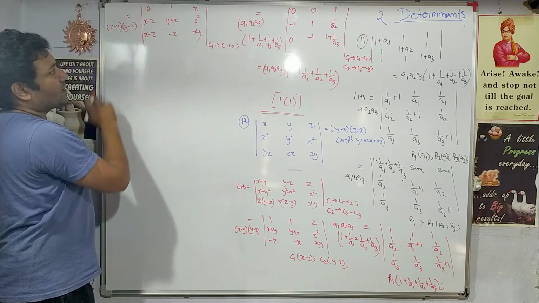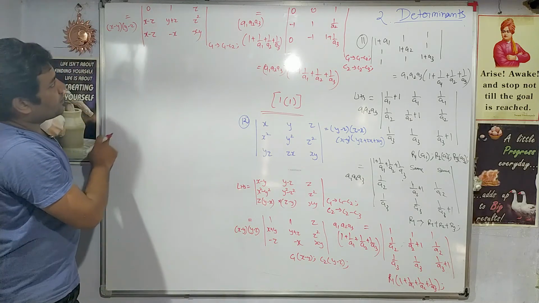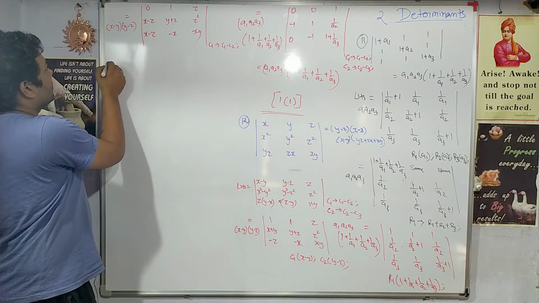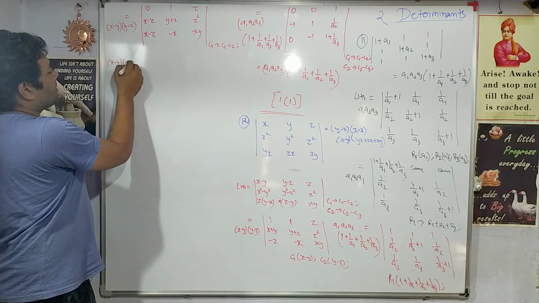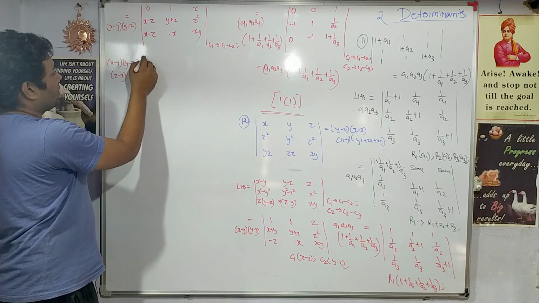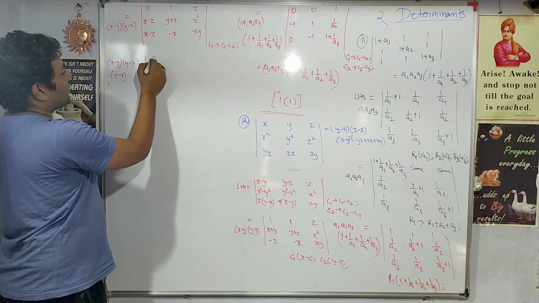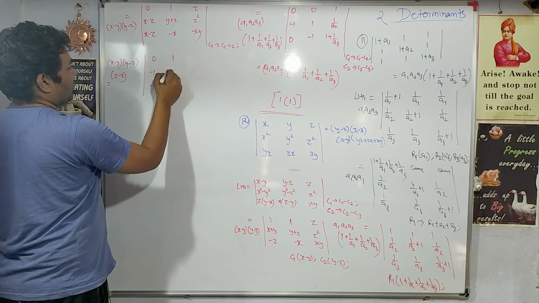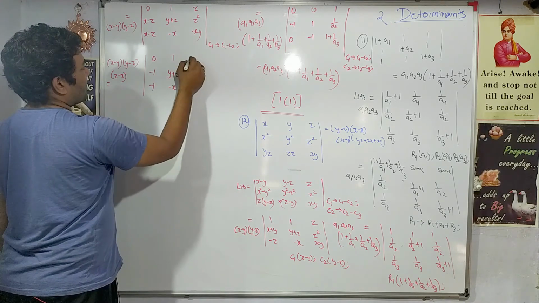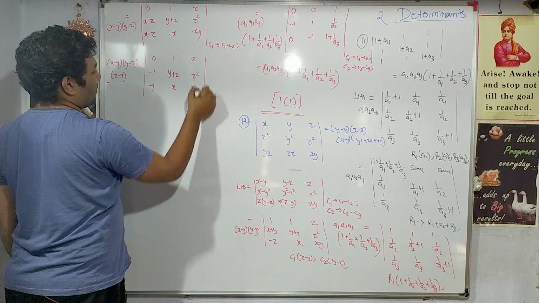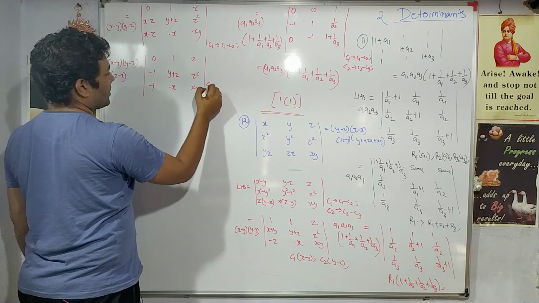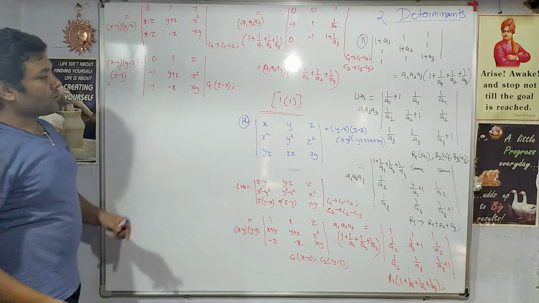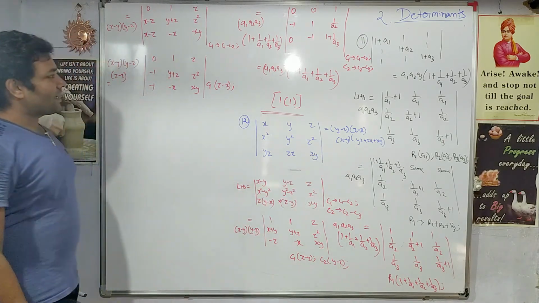So I now have x minus z common. I want z minus x, so I will take z minus x common. So x minus y, y minus z, z minus x equal to 0. Here minus 1 and minus 1 will remain because we have taken z minus x common. Y plus z minus x, z square, xy. What is the operation I have done? The operation is in column 1: z minus x I have taken common. Now again, if you see the right hand side, what I want is yz, zx, xy.